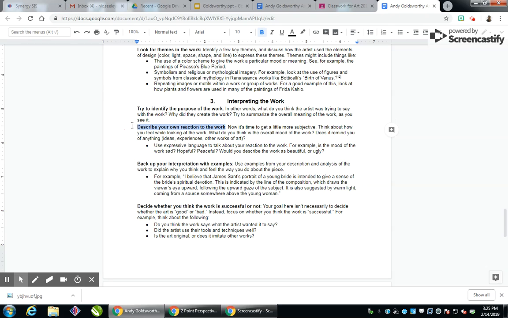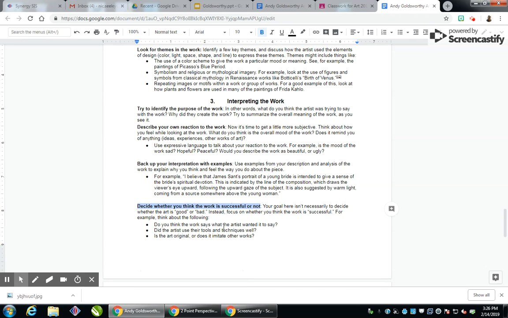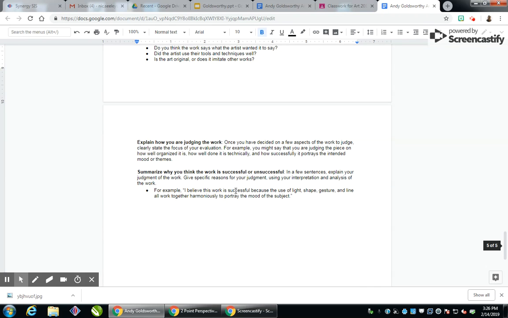So this is when you start putting your opinion into this. It's okay if you like it or don't like it, but please explain why in detail. You want to back up your interpretation with examples and, again, additional resources and explanations. And be sure to describe whether you think the work is successful or not using specific criteria as well. Once you're done explaining your work and summarizing your work,